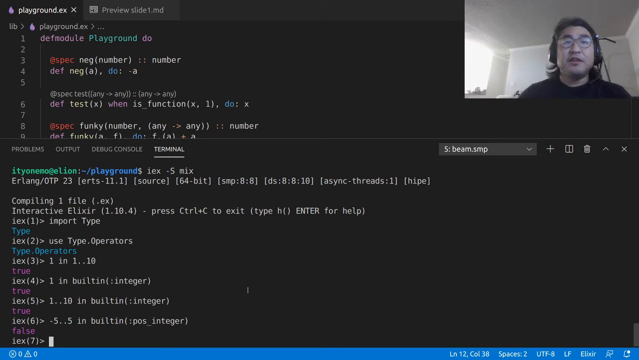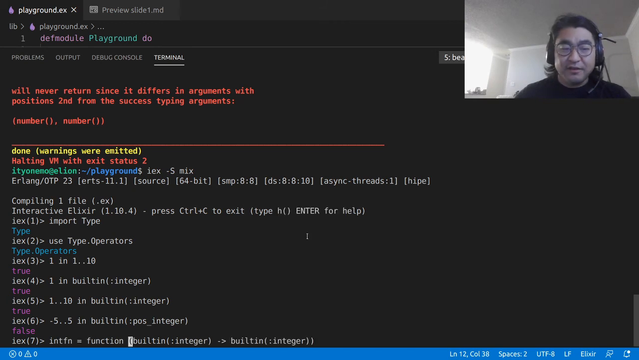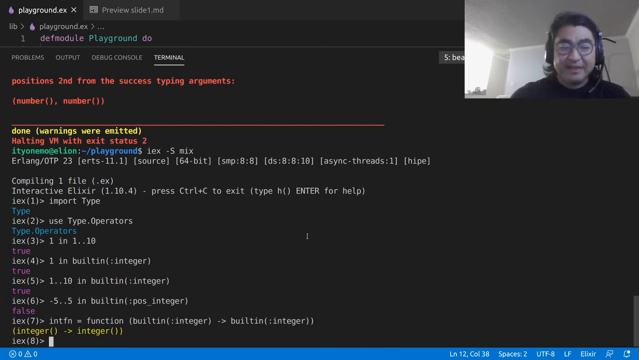And so let's talk about the relationship between different functions here. So I'm going to create one of the macros that I've built, a macro called function, which makes it easy to input functions, right? So that might be a little bit confusing to you, but let's do this. Let's io.inspect intfn